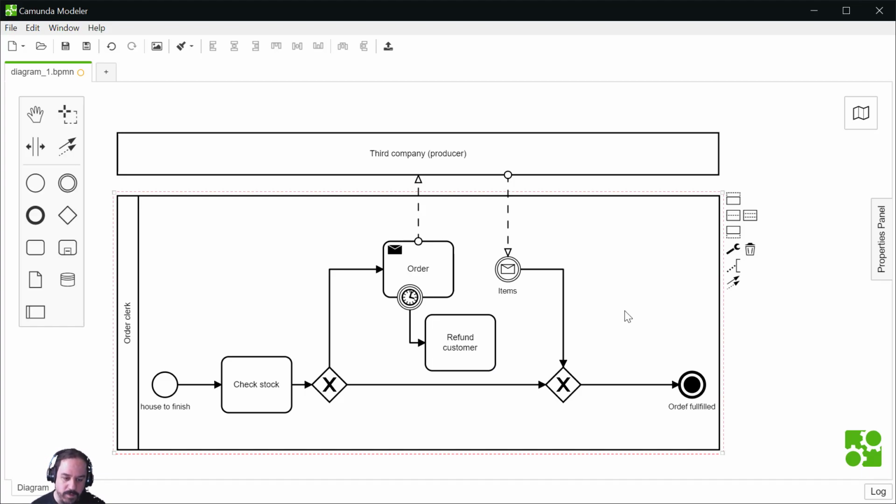So if it takes more than that, then you will end with something different. So that's a way to say we limit the shipping to a given amount of time, and if this time has elapsed, then we stop the process there, or we interrupt, and we refund the customer, and we end with a refund.